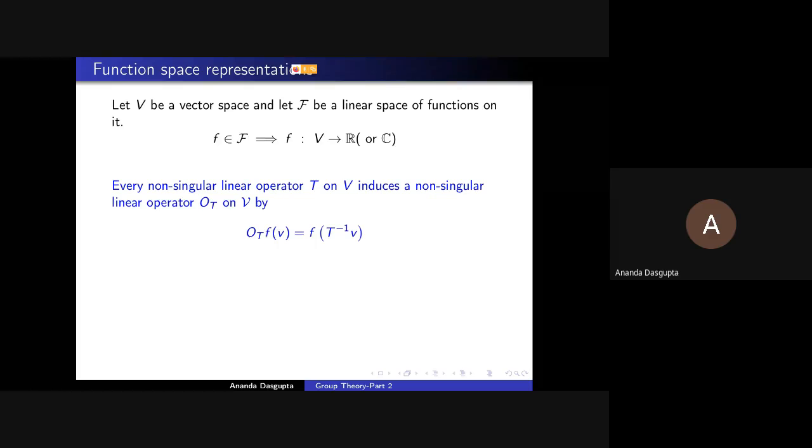So the new function which describes temperature after the rotation, what will it be? After all, the points are the same, they have just turned around. So you want to find the value of the new temperature at a point. You should really find out where this point was before I rotated and what was the value of the temperature there before. So think of f as the old temperature distribution and OTf as the new temperature distribution. To find the new temperature distribution at the point V, all you have to do is find where this point V was before I rotated, that is T inverse V. That was where the point V came from after I did T. And what was the temperature there?